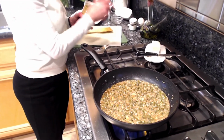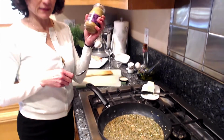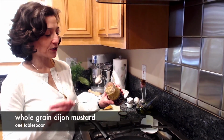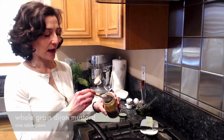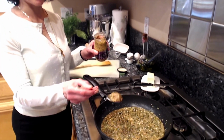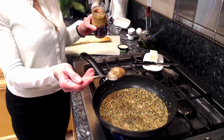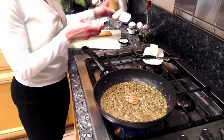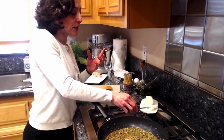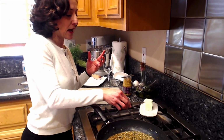My optional secret ingredient that my family loves is Dijon mustard that has the seeds in it. And this is gonna go really, really well with this sauce and especially with the pork. So I'm gonna add it in, and to give it a tenderness a little bit, some sweetness, I'm gonna also